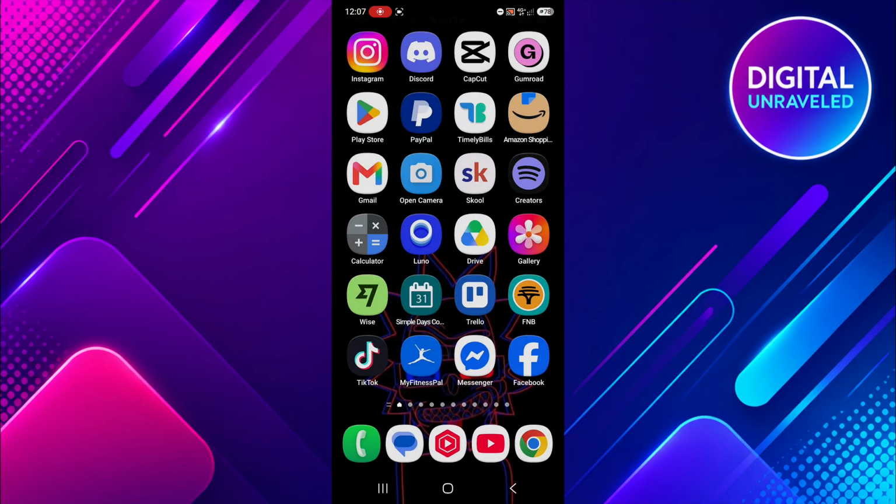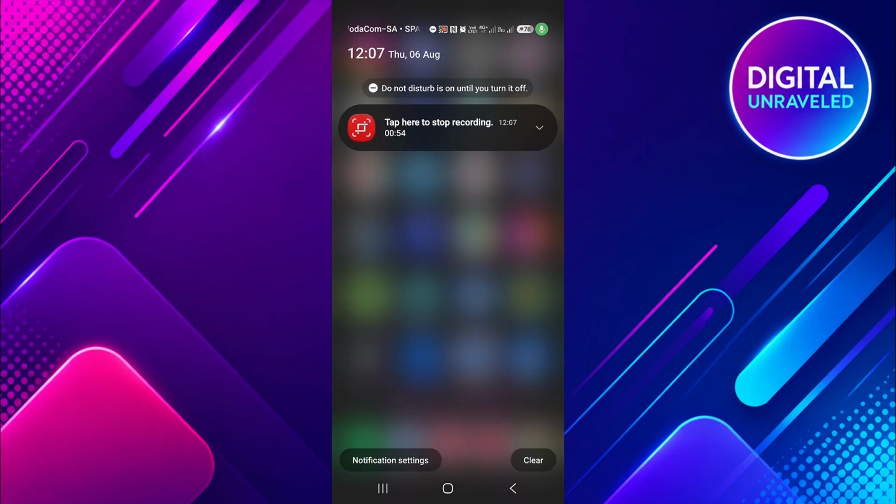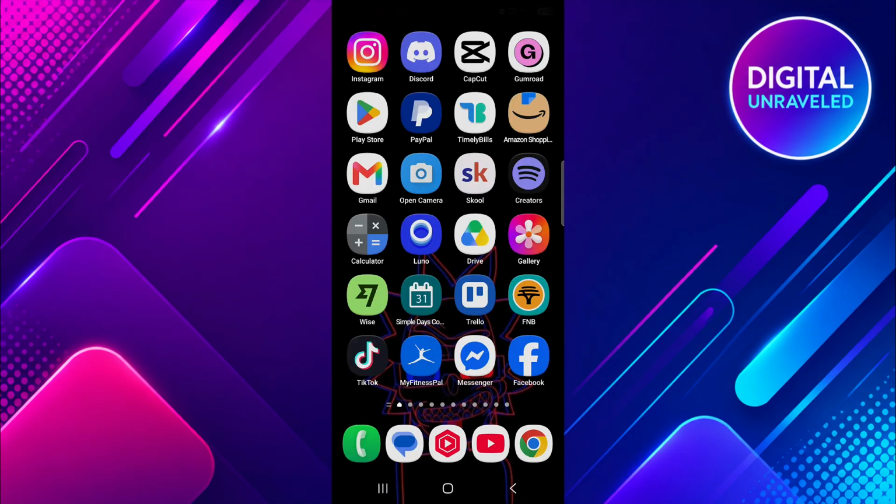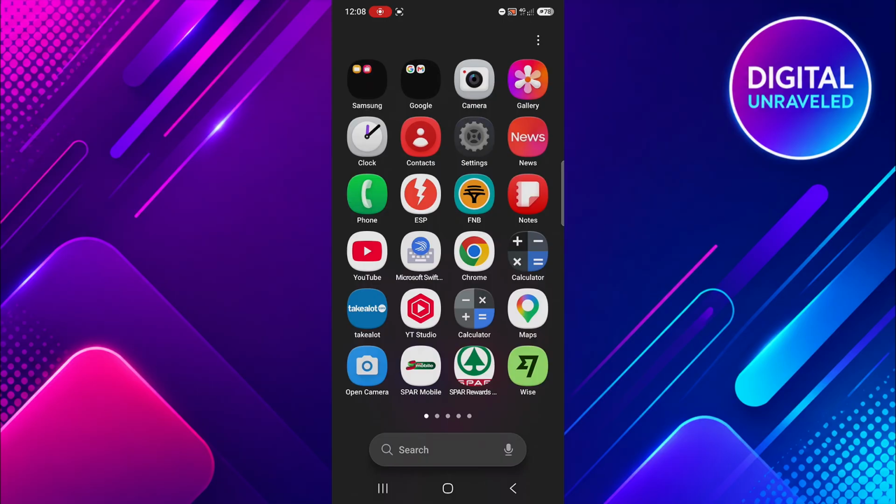So what you can do is you can swipe down to your notifications. If you have the One UI 9, and then actually that green dot for me means microphone. Okay, so if you have the blue dot, it means location. What you can do is go to your notifications. It'll show you which app is using the location, or if you want to turn it off completely, go into